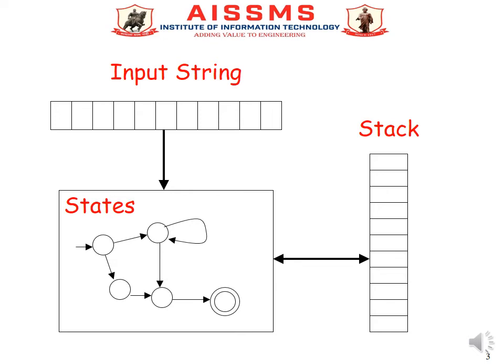Now, this diagram shows us the push down automata viewed as a finite automata along with the stack. So, this is the input tape where the input string is stored. This is the stack where various operations like read, push, and pop can be performed. And this indicates the state transition diagram to represent a push down automata, where a circle represents the state, whereas this directed arrow indicates the transition from one state to another state.